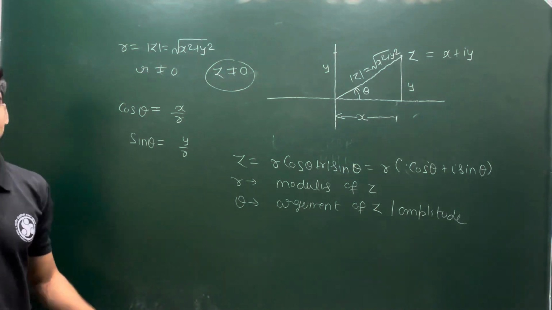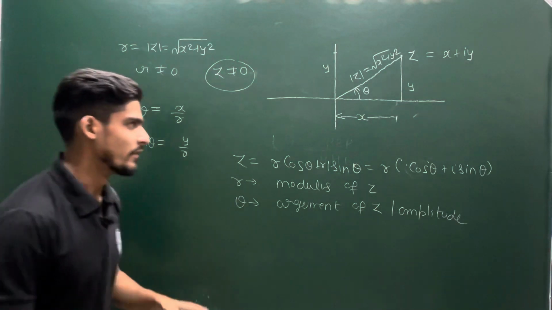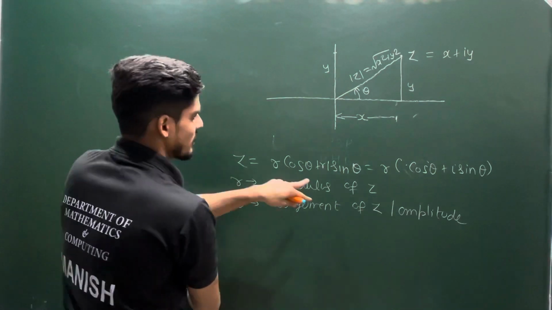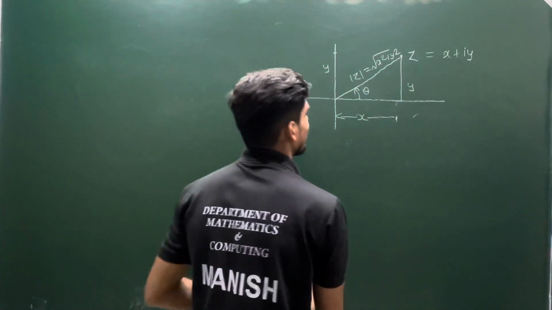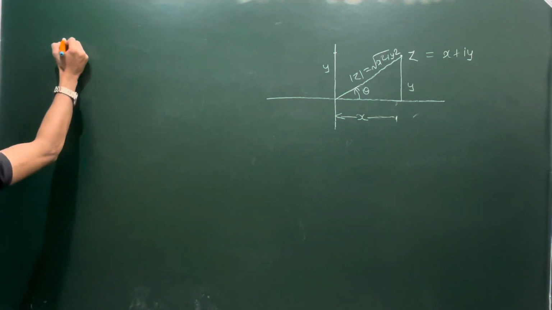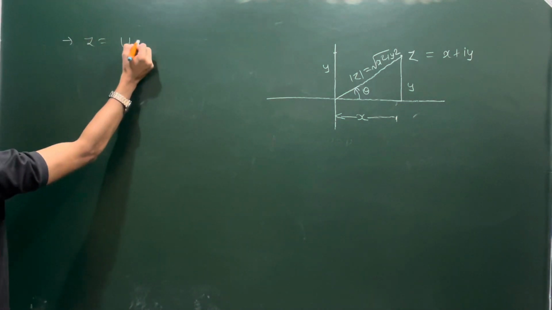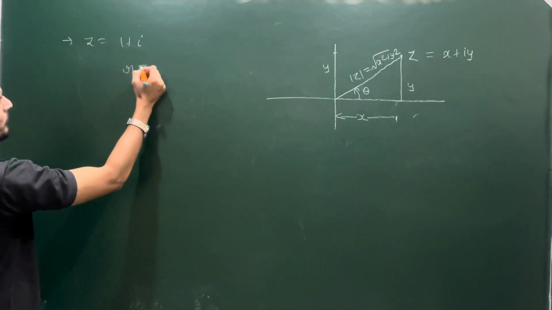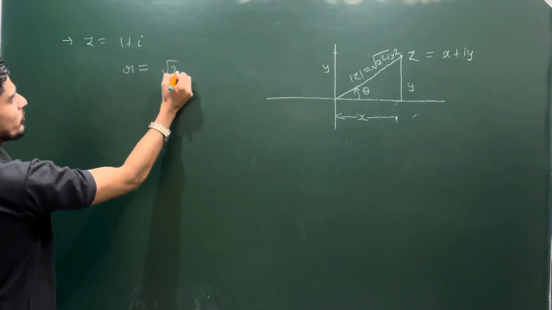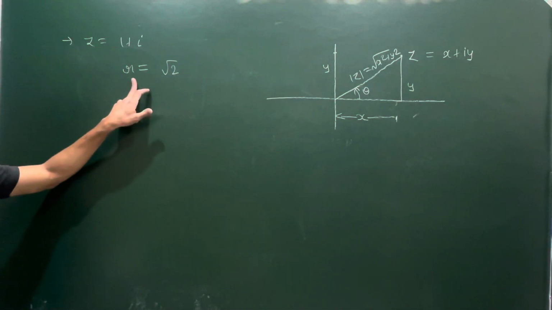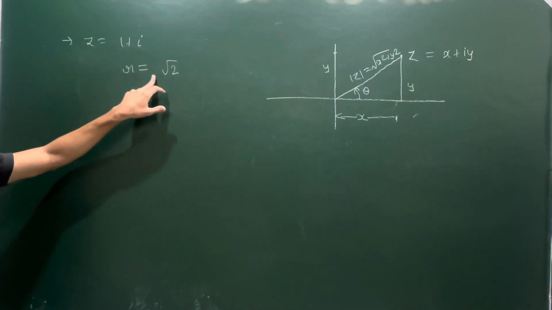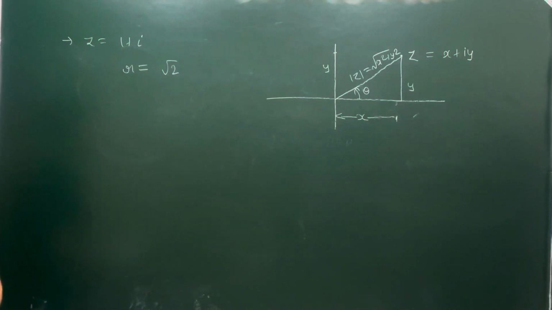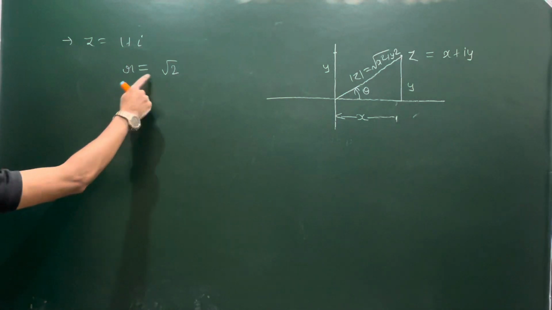What can you say about this theta? Let me give you some example so that you feel more comfortable. So this is the trigonometric representation of complex numbers when your complex number is non-zero. Suppose I am having the simplest one, 1 plus iota. Your r will be square root of 2. And this r is always a positive one because this is a modulus, so there is no chance to take a negative of square root of 2. So I will always choose my positive square root for r.